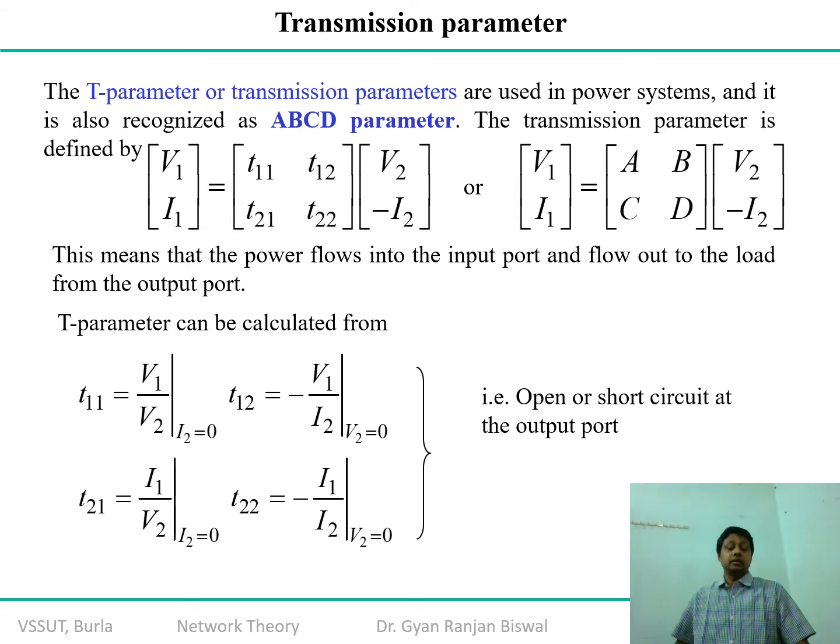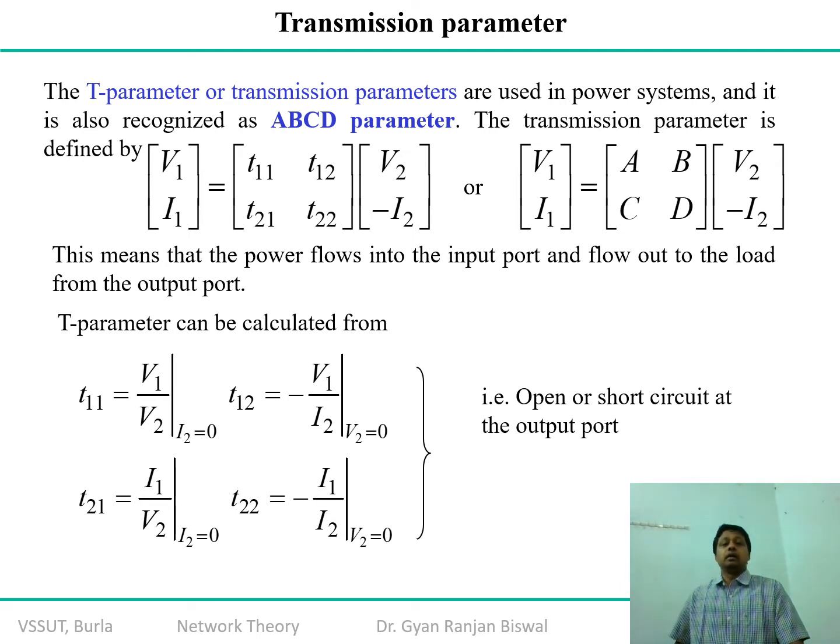What does it mean? That means the requirement of the output port, the requirement of the distribution network, the requirement of a substation used to interconnect the local distribution network with the transmission network, the requirement of the end user, is already known to you in advance. So there is no ambiguity or speculation as far as V2 and I2 are concerned, and accordingly you are going to set the quantities T11, T12, T21 and T22, or in simpler terms, A, B, C, D.